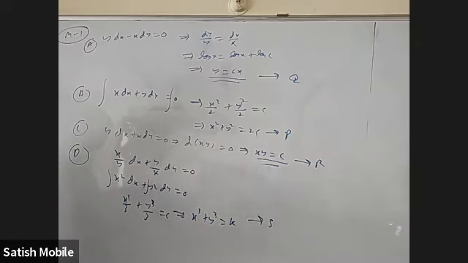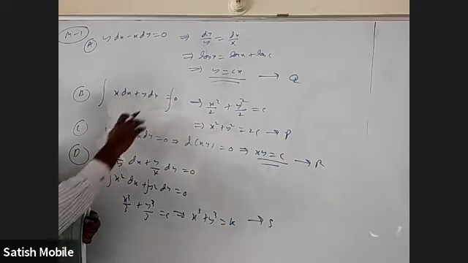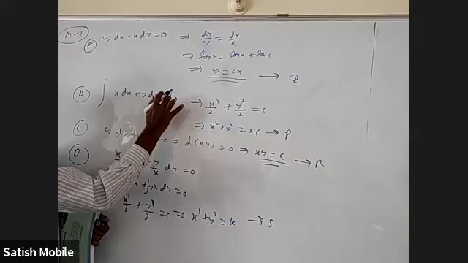Next question is about orthogonal trajectories. You have some idea, you can try on your own right now. Second matching. First matching is quite simple. This is 0, you can write anything.